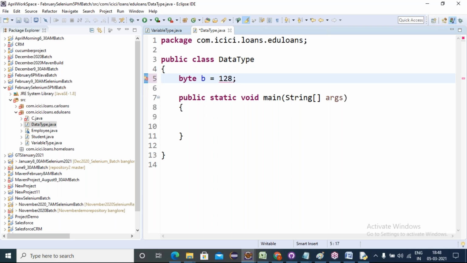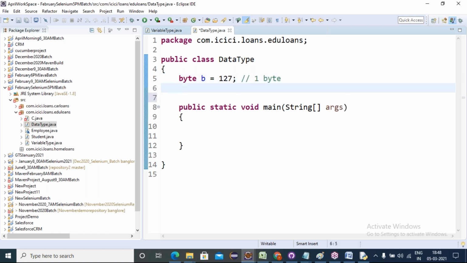So each integer data type has its own range and size, friends. For byte, the size is 1 byte and the range is minus 128 to plus 127. Coming to short, the positive range is 32,767. If I exceed the positive range as 32,768, it gives an error. The range is minus 32,768 to plus 32,767, and the size is 2 bytes.